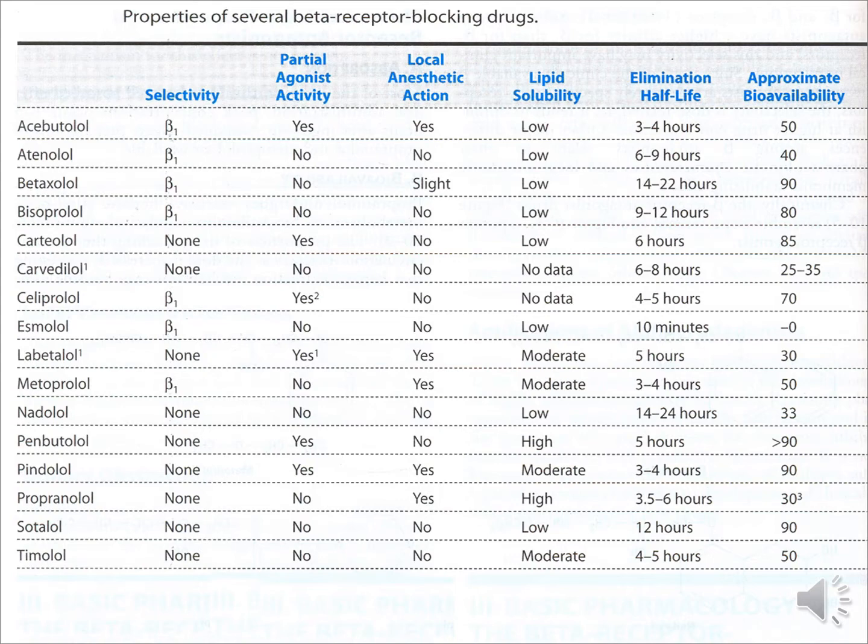Then elimination half-life depends upon metabolism as well as the renal functions. So drugs which are easily excreted in the urine, if the renal function is disturbed, we have to be particular, because their elimination half-life will be prolonged. Like nadolol, the elimination half-life is up to 24 hours, and if the renal function is a bit disturbed, that is going to prolong it further. So likewise betaxolol and those which are having prolonged elimination half-life, we have to be more particular about their renal functions,